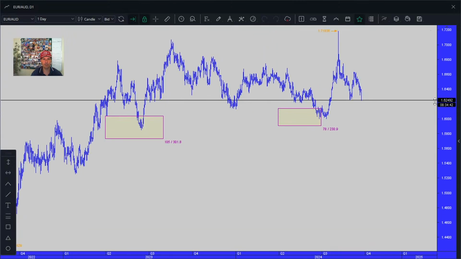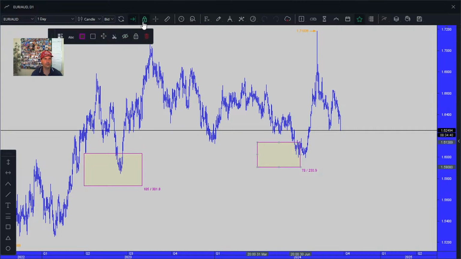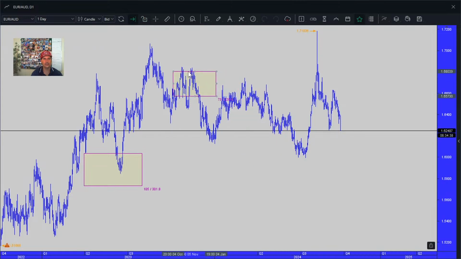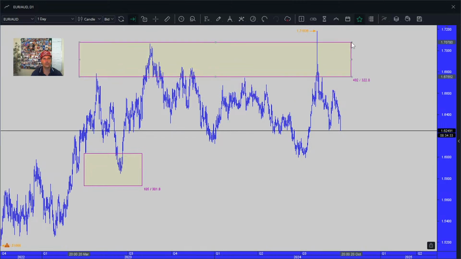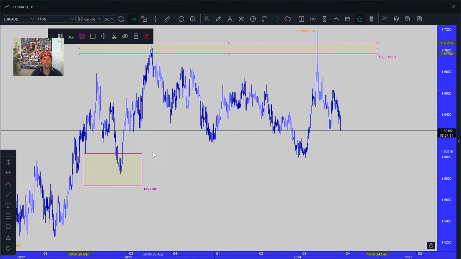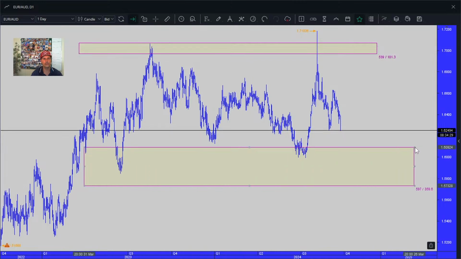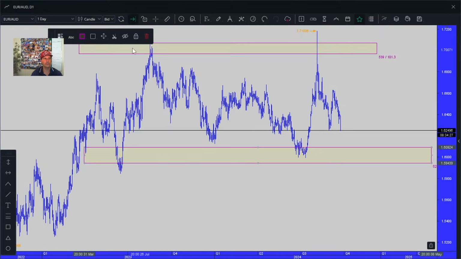So Euro AUD on the daily chart, just an example, and so this would be consolidation, right? Up in here and down in here. This would be one, and then we have